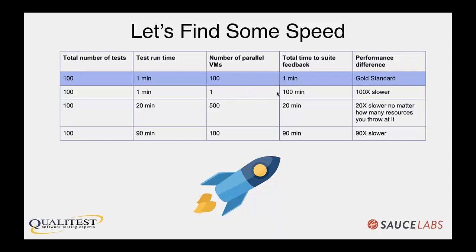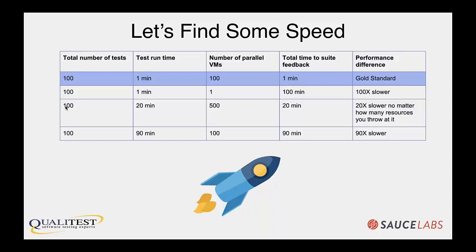And so what happens is their test suite feedback time is going to be 100 minutes long, which is 100 times slower than this feedback loop. And that is only 100 tests. And so you can see that this is a huge problem that a lot of our clients face, is their suite grows so large that the suite feedback time becomes so big that continuous delivery actually becomes impossible, because their entire test suite takes 8 hours, 9 hours, or even running overnight, as Gerie talked about.